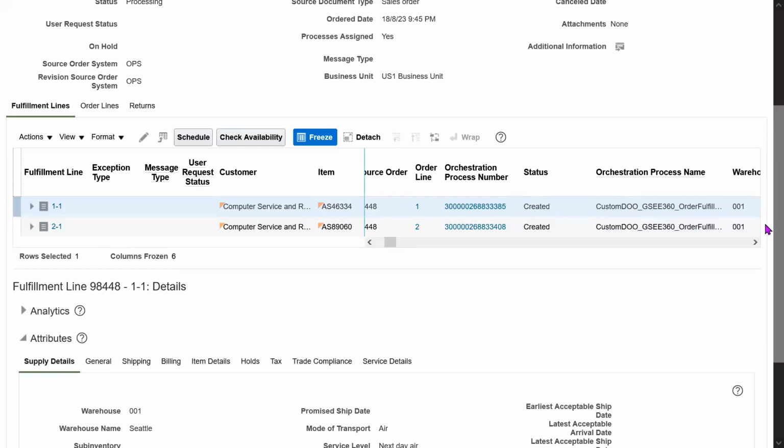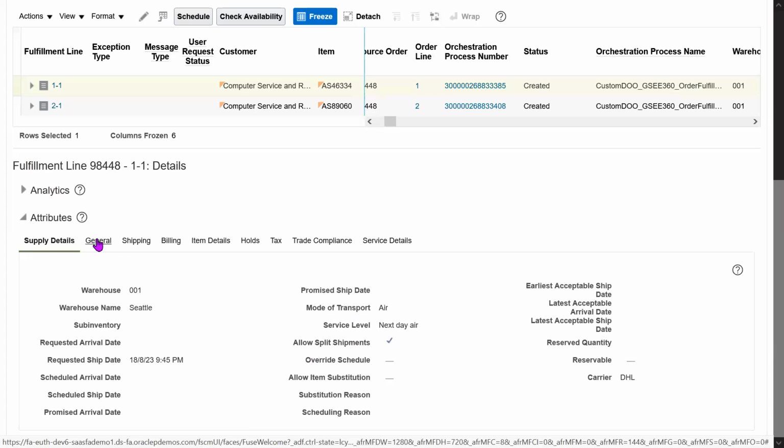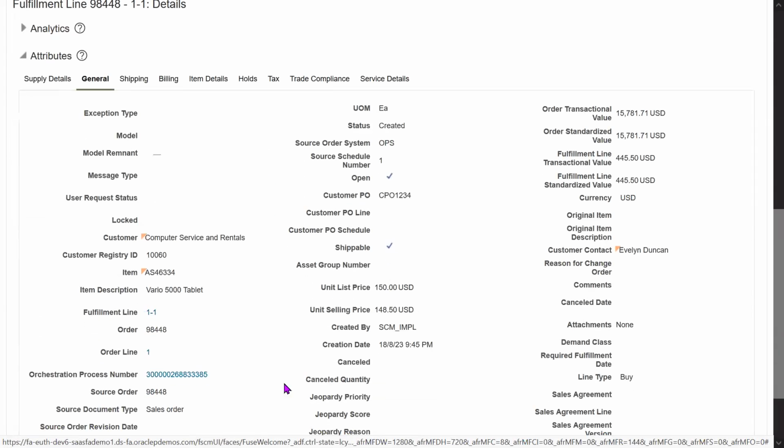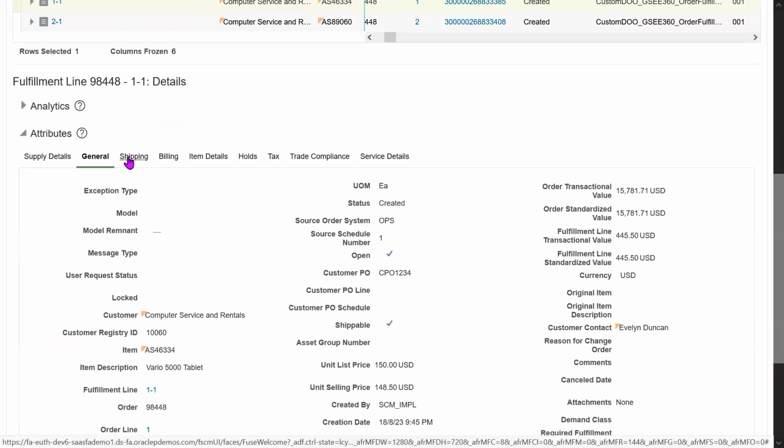And if I scroll down, this is also generic details only: from which warehouse we decided to ship the product to the customer, what the carrier is, DHL, and what the mode of transport is, air, and the customer requested ship date is the 18th. And if I go to the general details, this is also general information only, nothing special over here. But coming to the shipping tab, you can see the